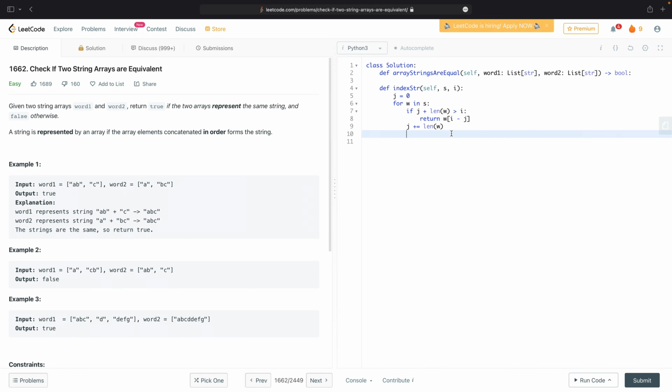The thinking here is that if I've counted how far I've gone so far, if going to the next word would be too far, then I need to index into the current word minus skipping all the previous words. Otherwise, what I want to do is I want to increment and go around. If we get to the end, well, we've got a big problem. So then what we want to do is